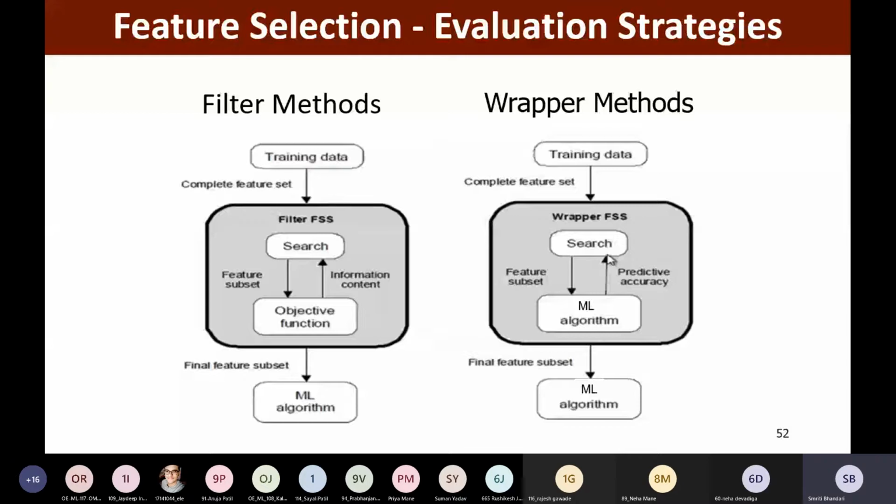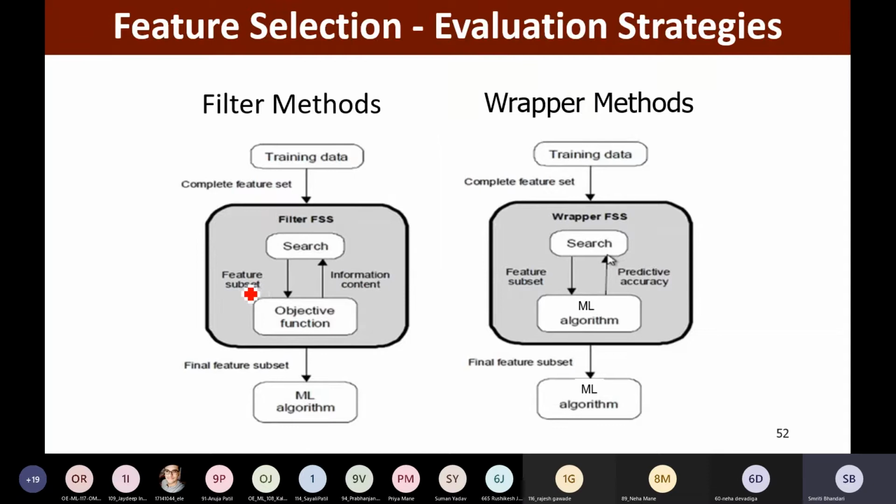So we had a discussion related to both of these methods. So what is filter method? In filter method, we are having the training set, no doubt, with the complete feature set, and we are having few steps to be carried out. In the first step, we are having some search algorithms. Those are actually searching for the subsets of the given feature sets. So this search algorithm is responsible for finding out the subset of the original feature set.